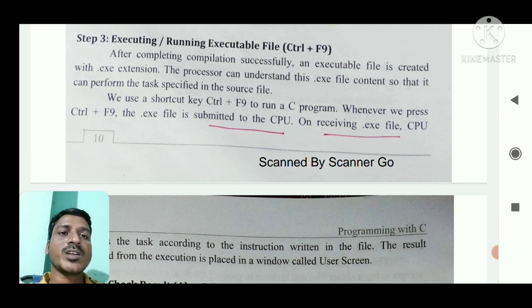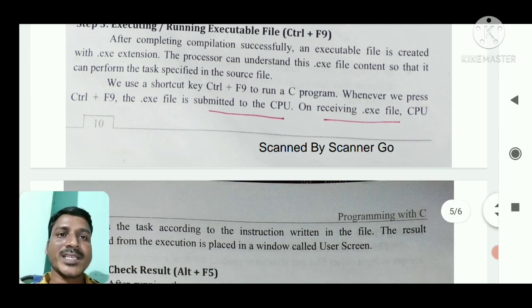We use the shortcut keys Ctrl plus F9, as I already told you, to run or execute a C program. Whenever we press Ctrl plus F9, the .exe file is submitted to the CPU or processor.